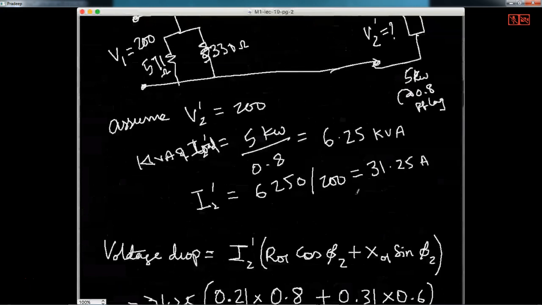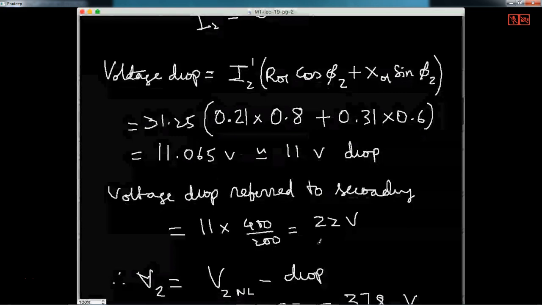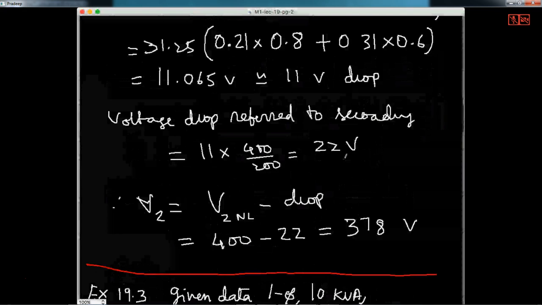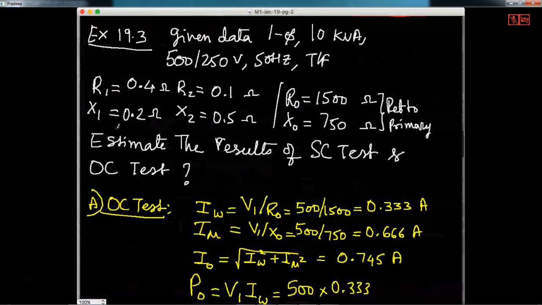Now not only that, we can also determine what is the voltage drop. So you know this formula of voltage drop. Through that we also determine the voltage drop. And in fact, we've done one more, I didn't realize this, we have done one more problem again the same way, given the,